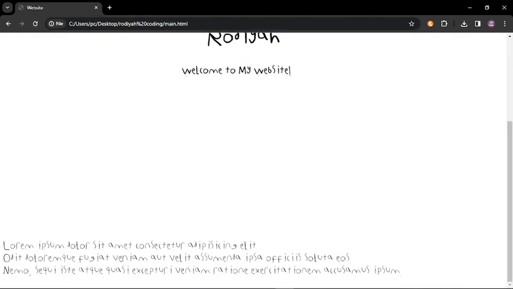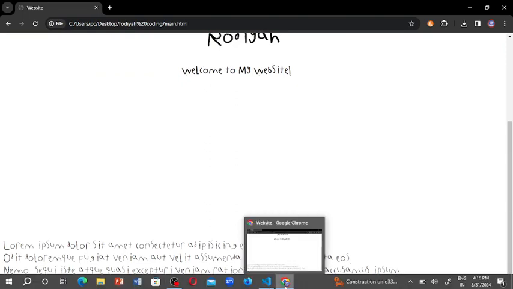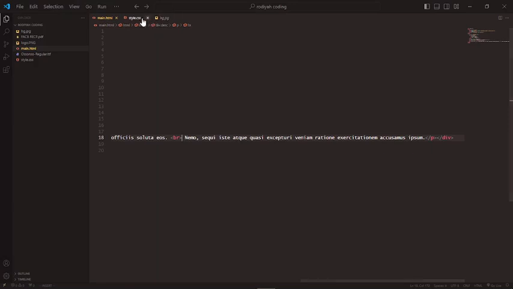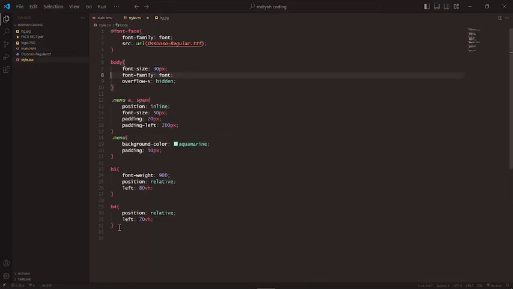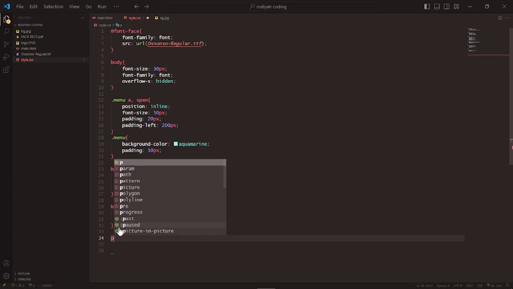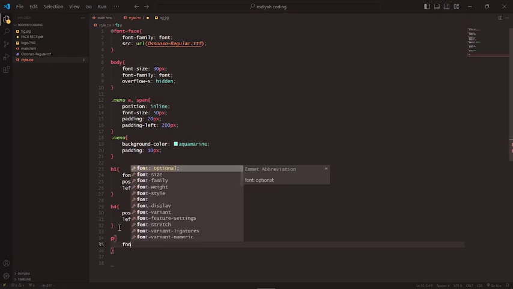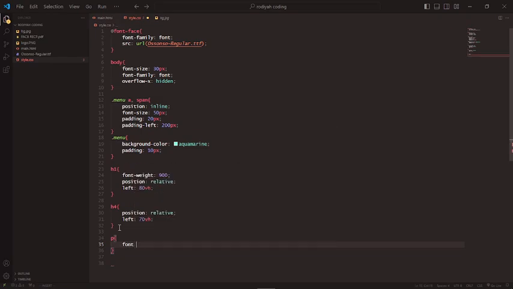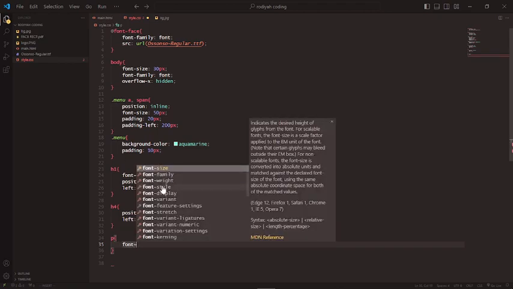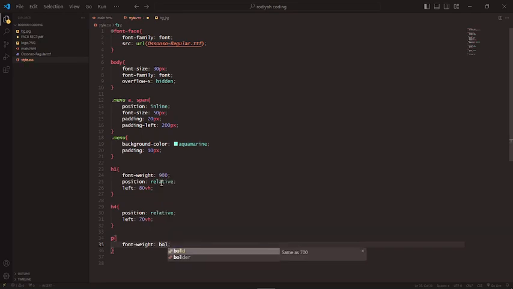Okay, so now we have this. Yes, now I'm going to go into style.css, and I'm going to write p. Now I'm going to write font weight, font weight bold, and